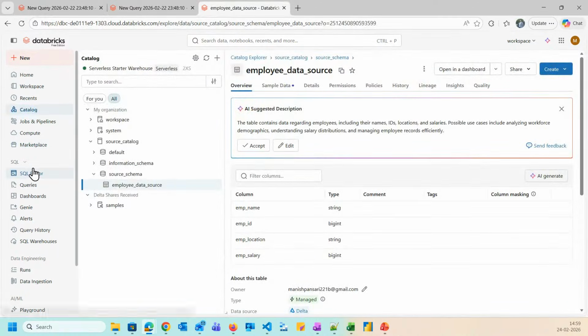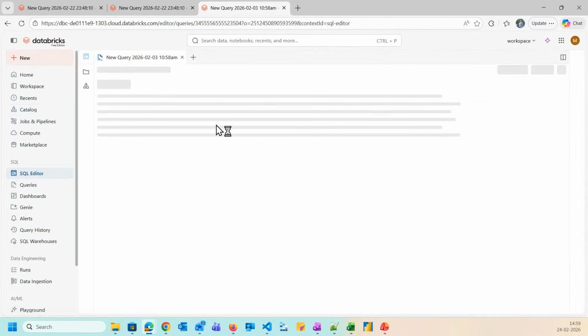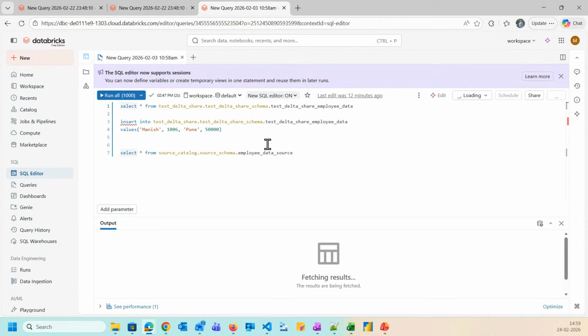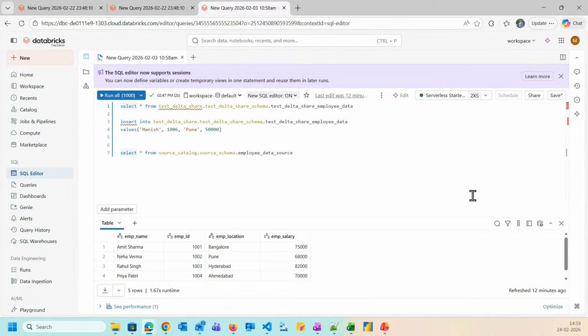So let me open the query editor at the source side. I'm going to insert one record in our table, the sixth record. I'm writing an insert query that will add a new record in our source table. I'm running it.